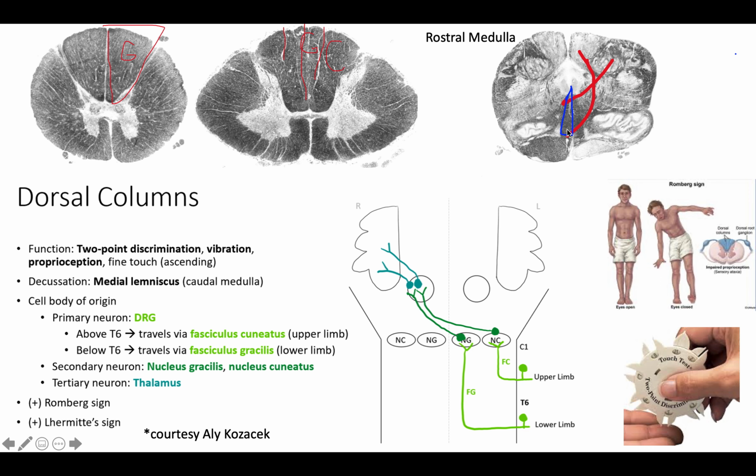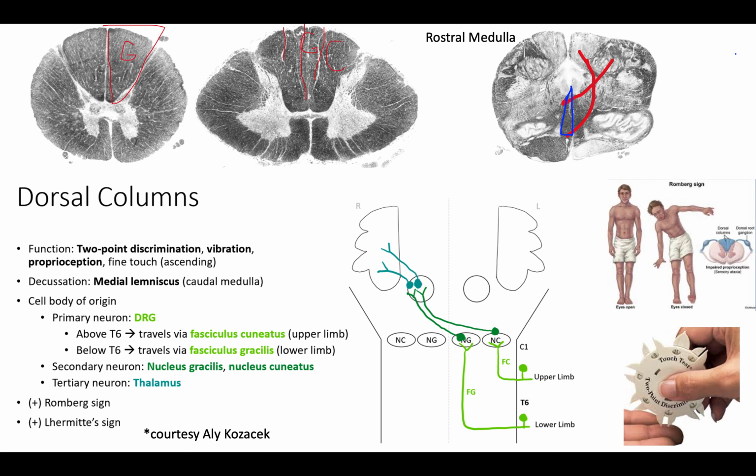And that brings up another good point: sometimes this tract can be called the dorsal column medial lemniscus tract. A way to test whether you suspect the dorsal columns are not working is called the Romberg sign. The Romberg sign is where you have the patient standing straight up with their eyes open, and then without any external force, you simply tell them to close their eyes. If they close their eyes and they begin to sway more than you would suspect, that is called a positive